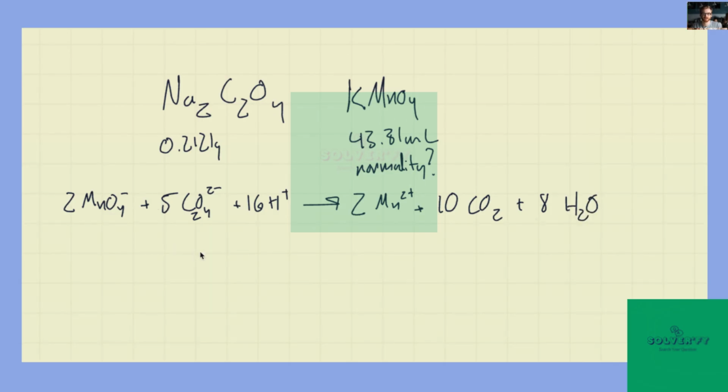Okay, but what we get from this is that in a given reaction, 2 molecules of permanganate are consumed whenever 5 molecules of